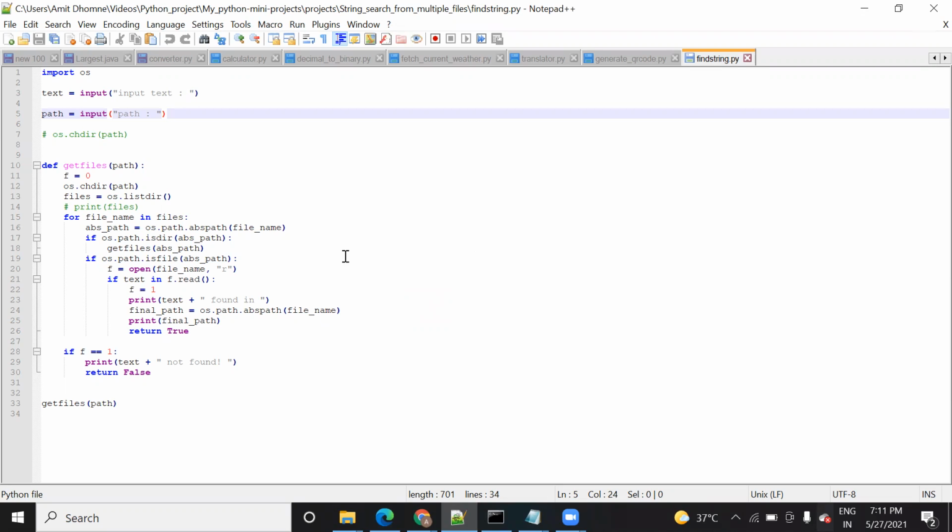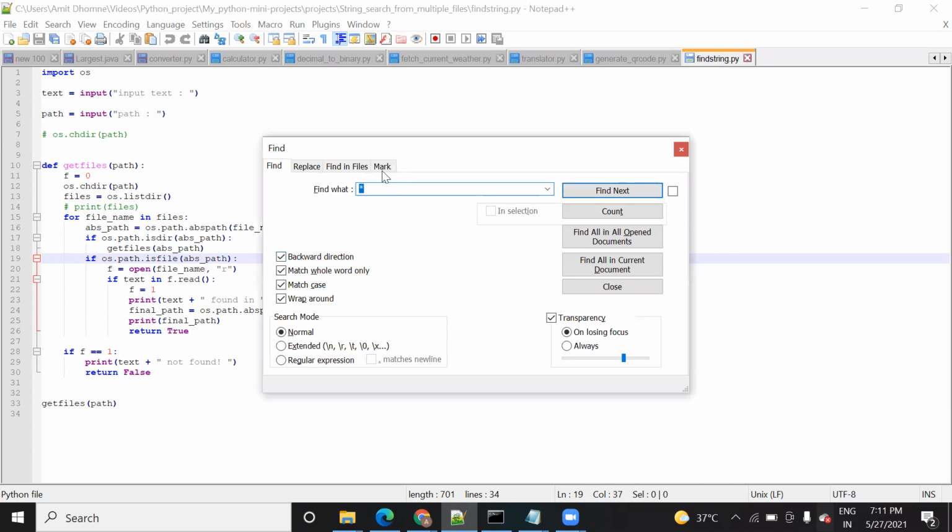In this video, we are going to do one more Python project. In this project, the scenario is that we will search for any keyword in a list of files. Normally, we search in a text file by using Control F, right? We do Control F and search for any symbol, like OS, and we do find next and it shows wherever it finds OS.